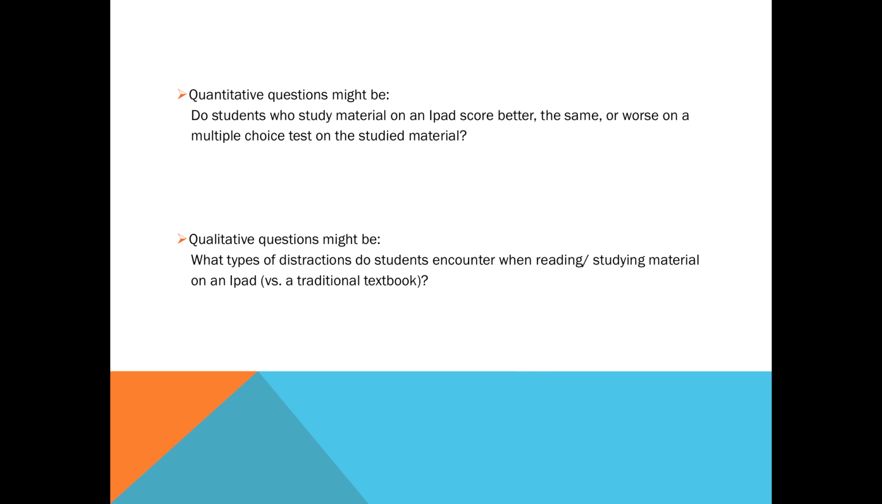So to give you an example of a quantitative research question that you might ask, you could say something like, do students who study material on an iPad score better, the same, or worse on a multiple choice test on the studied material? So, for this particular study, you could have two different conditions. You could ask people to read the same passage or maybe a chapter in the book on an iPad, and then another group of students, they could read the same passage but in a